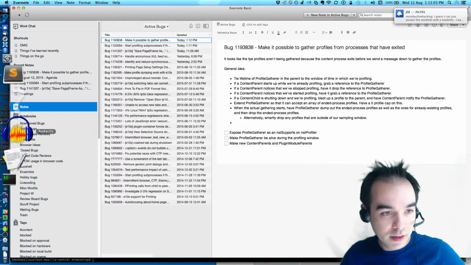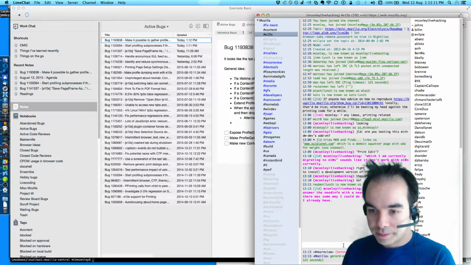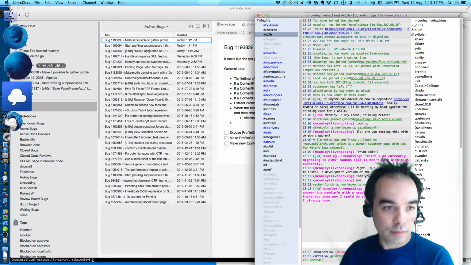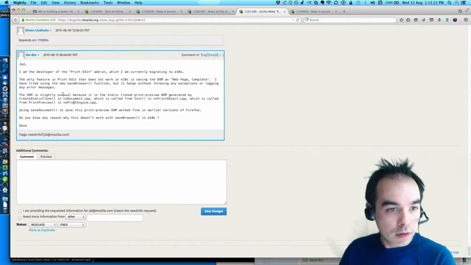And JLD's back. What does he say? He says, I guess I can just answer the need info with the need info. I was hoping there was something I could do with the info I already have. Well. Stack clone generated by creates as document was called from init, as print object was called from print preview, and as print engine.